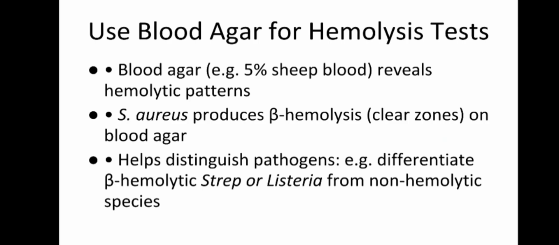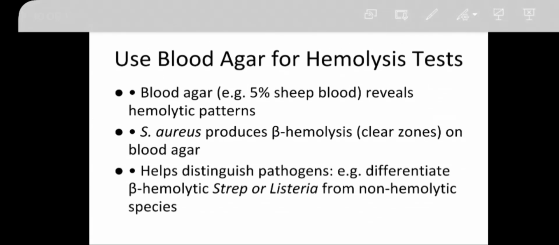So we let it cool. As it reaches transition temperature, which will be around 45, I believe, at that point we will add it so that the sheep blood is not damaged. So right, this is the difference. In case of